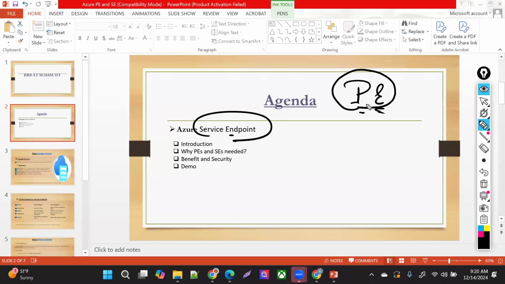But service endpoint will not offer you private connectivity. Your application, or whatever service you're using, is still going over the internet. You won't be blocking any public connectivity. Let's take the storage account again as an example.